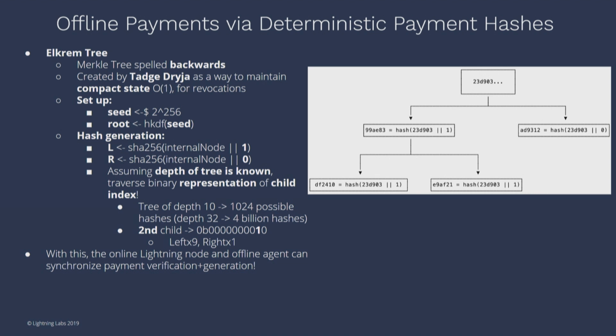One other thing to realize: let's say I have an internal node, 99AE83. Once I have that itself, I can throw away all the other state. So let's say initially I get the 2 left children of it, and I'm holding those 2. And let's say eventually they give me that upper one. I can just throw away those 2 left children. Once I have the root, I can go down to any of those other versions themselves. So it's a really cool way to have this compact state to generate any other payment hash that you need in our scheme.